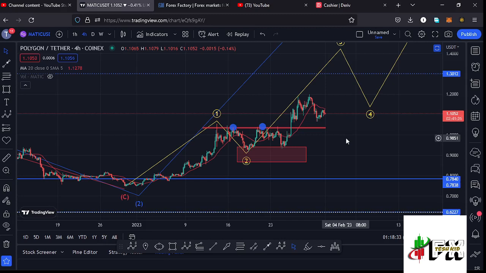I'll be giving you the latest developments that have been happening here on the Polygon Matic chart, which has continued to obey the Elliott structures. And at the time of this recording, we are still holding above a key area of support at around the $1.05 mark. We are also trading below the 20-day MA here on the 4-hour chart, meaning it's acting as resistance at the time of this recording. And in this video I want to give you two possible scenarios that could be playing out over here using